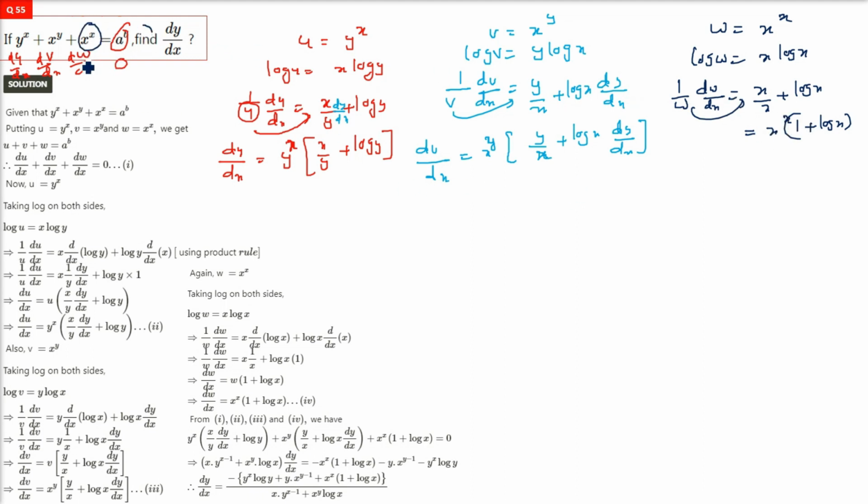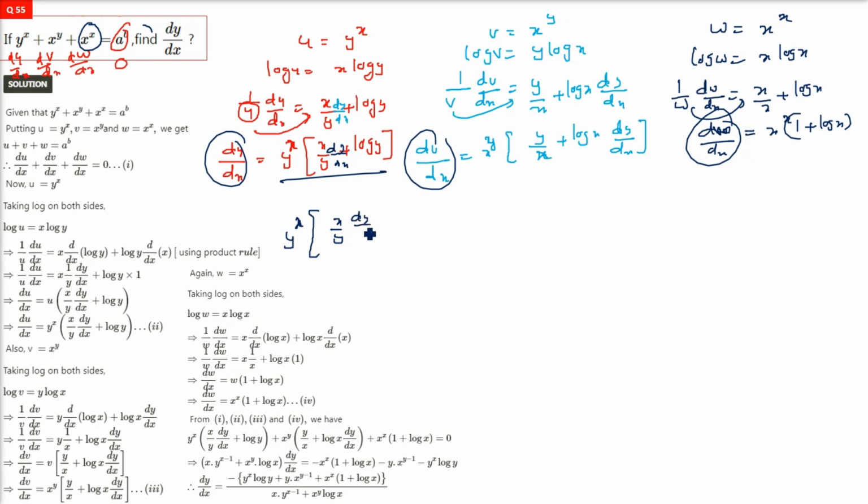Now I'll add them, and equate it to 0. So this is going to be, please remember dy by dx was there. Okay, I just left it. Now I'm adding it. So dw by dx. So y to the power x, x by y, dy by dx plus log y, plus x to the power y, y by x plus log x dy by dx, plus x to the power x, 1 plus log x